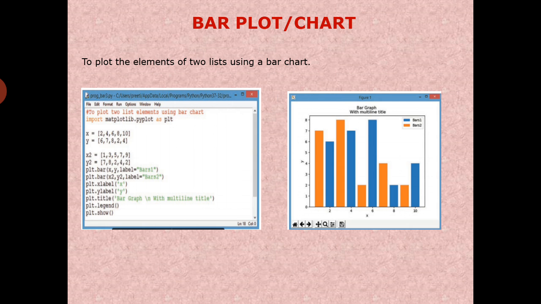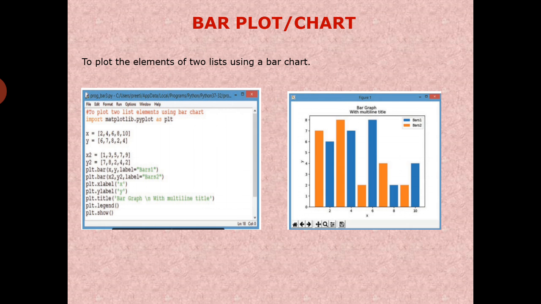The statement plt.bar(x, y, label='bar 1') creates a bar plot with y against x with label as bar 1. The statement plt.bar(x2, y2, label='bar 2') creates a bar plot with y2 against x2 with label as bar 2.